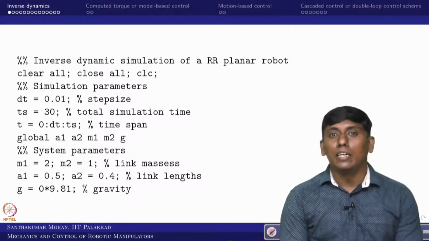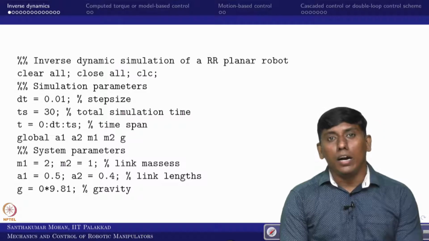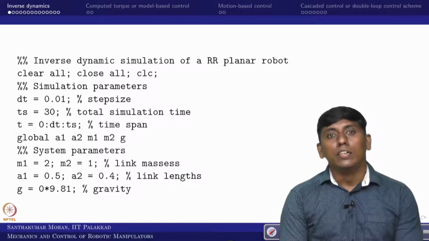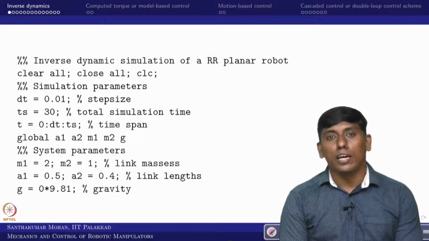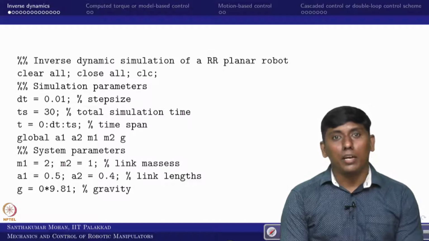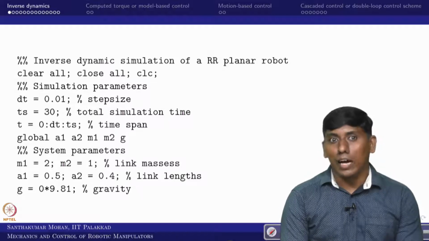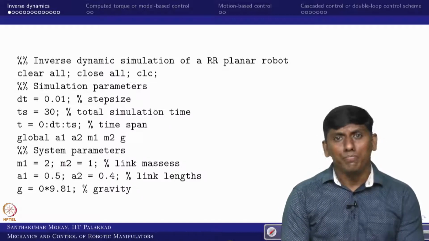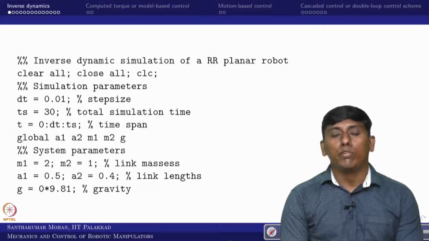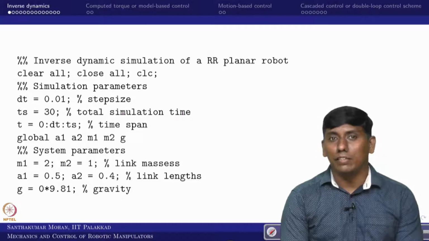The only thing here is that I will try to show a small tricky one. There we saw that if theta 1 desired and theta 2 desired are given as a profile, how we can do it. Instead of this, I am trying to show a circular profile in task space and how that would be followed. This is one of the common practices used to evaluate the control performance of any system.